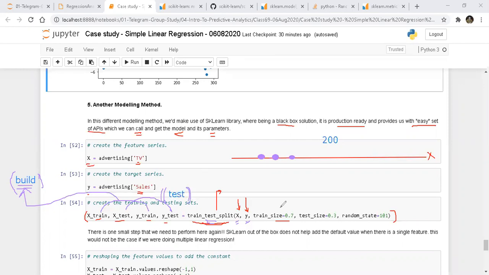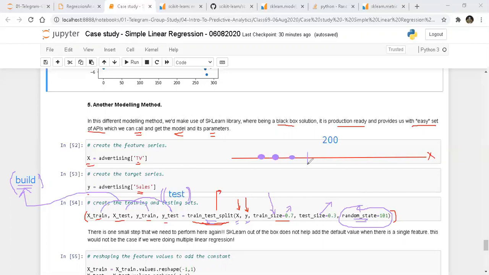So that is the reason why we are doing this with a training size equal to 0.7. This means I'm going to take 70% of my data as training and 30% of my data as testing with a random state equal to 101. Now, this is a very important thing. What is random state? There are many algorithms by means of which random state is defined, but random state